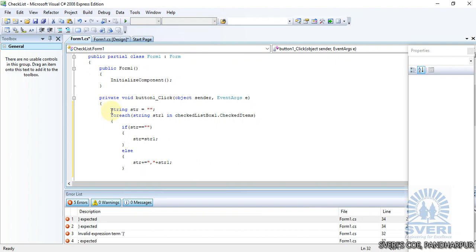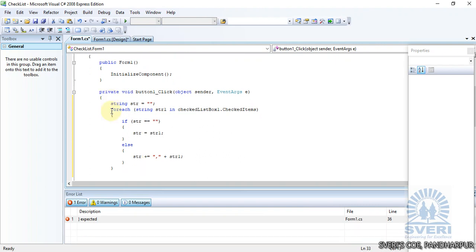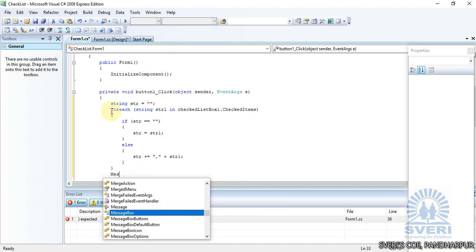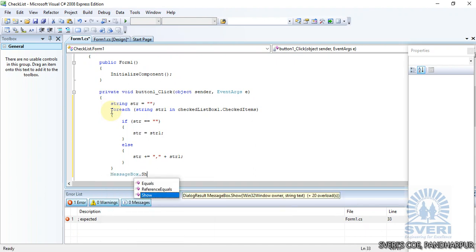So this is the else, this is the for, and after this you will display MessageBox.Show